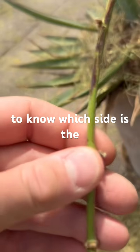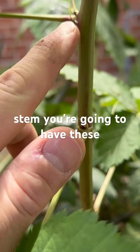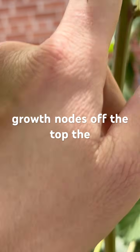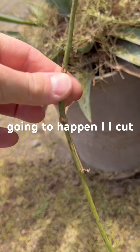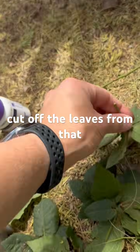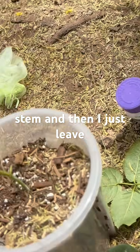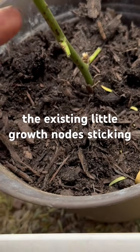You're gonna know which side is the top side, because on a healthy stem, you're gonna have these growth nodes off the top, the upper end of each joint, and that's where new growth is going to happen. I cut off about a 4-foot piece. I cut off the leaves from that stem, and then I just leave the existing little growth nodes sticking up,